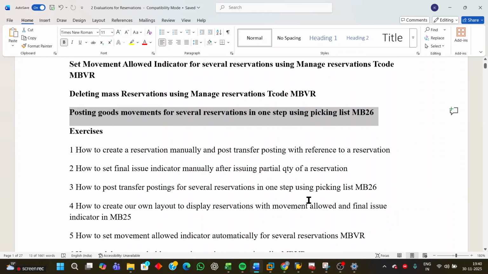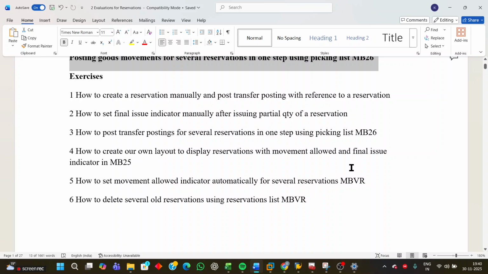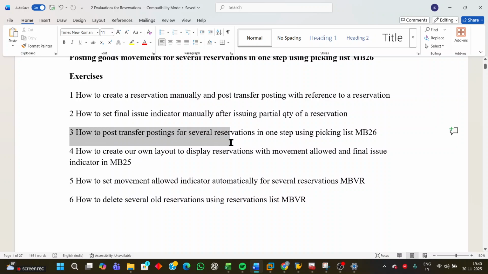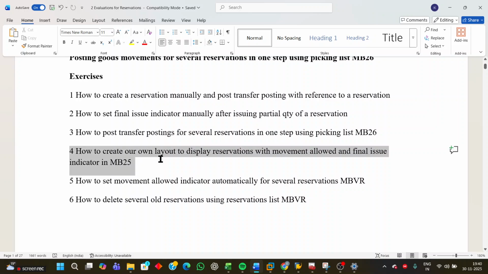And also we have important exercises on the topic of reservations. That is how to create a reservation manually and post transfer posting with reference to the reservation. How to set final issue indicator manually after issuing partial quantity of a reservation. How to post transfer posting for several reservations in one step using MB26, how to create our own layout to